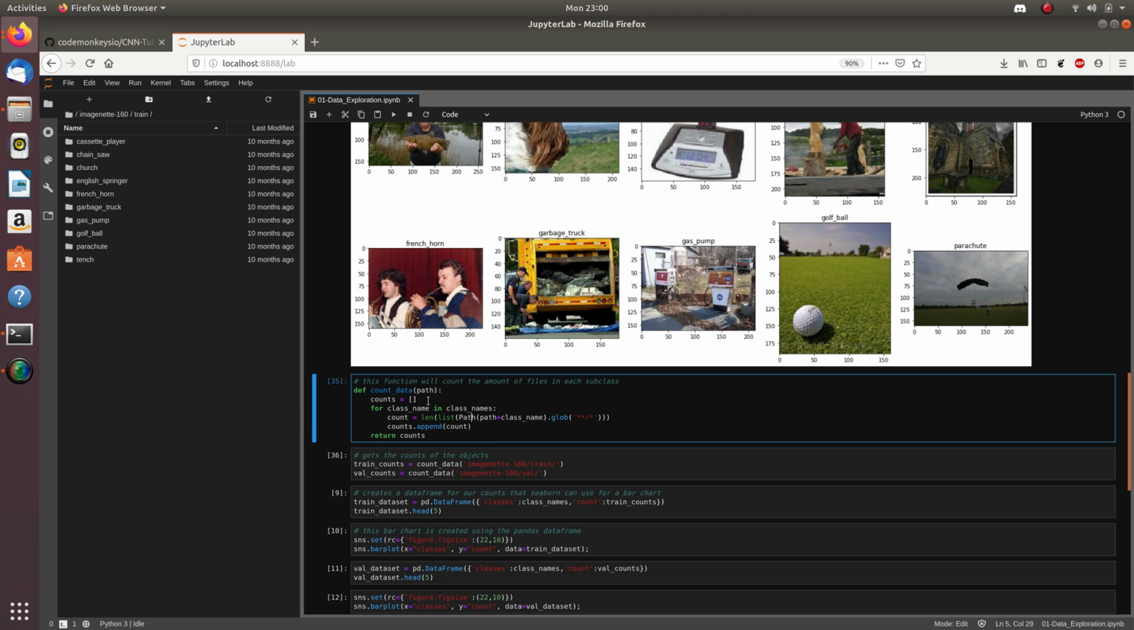And the ** is used to access each file name, and the /* is used to access the extension of each file. And each count is then appended to the counts list, and then after the loop is completed, the counts list is returned. So we can execute that cell, and